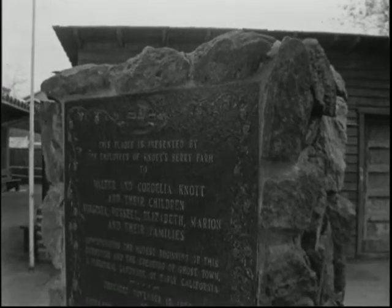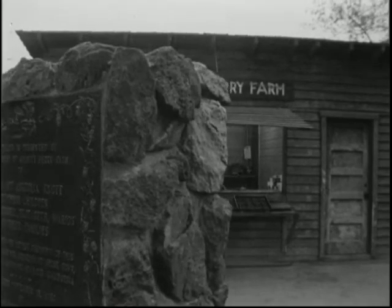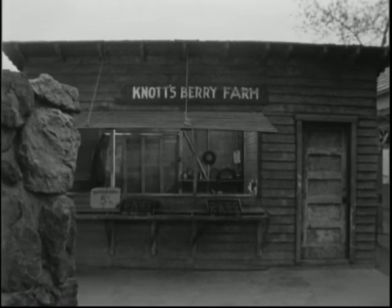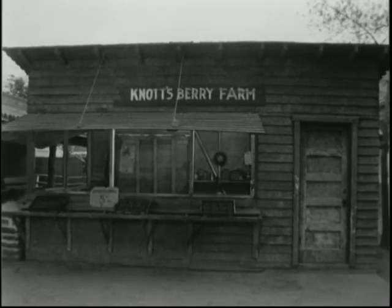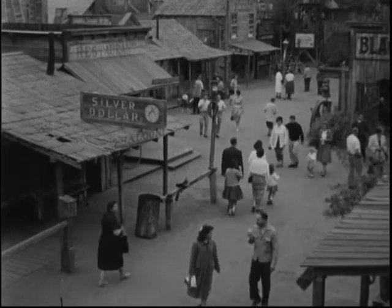This is a simple story about a young married couple who started this little roadside berry stand way back in 1920. Walter and Cordelia Knott began with nothing. There was almost no chance for success, and yet they did succeed. With courage and hard work, Knott's Berry Farm has grown from 10 acres of rented farmland to a massive 200-acre